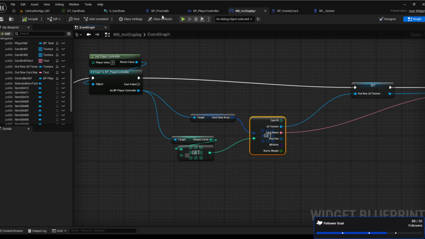I need to somehow tell the system the card ID and save it there. Then it will